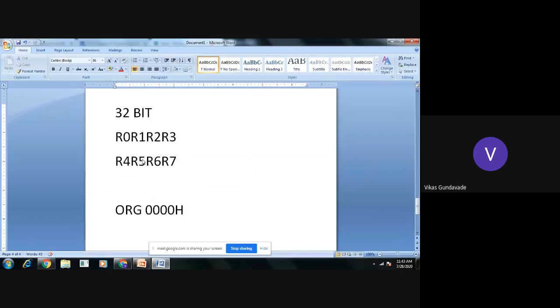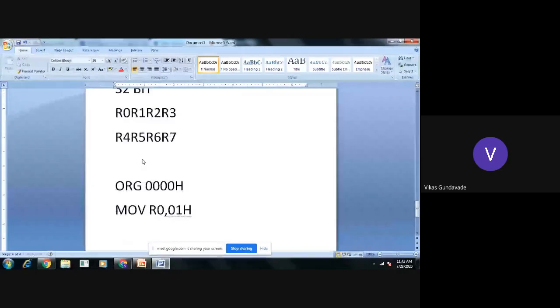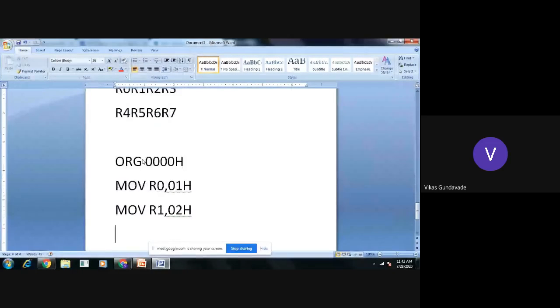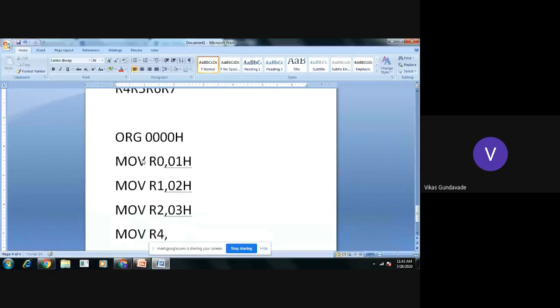with org 0000H. Now here we will transfer the contents into the registers R0 to R3. Let's say MOV R0, #01, then MOV R1, #02, then MOV R2, #03, then MOV R3, #04. So this is one 32-bit number.